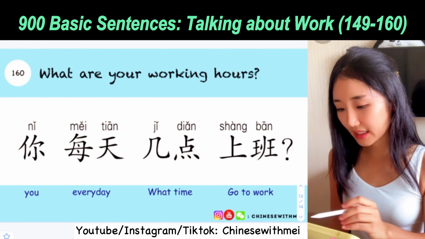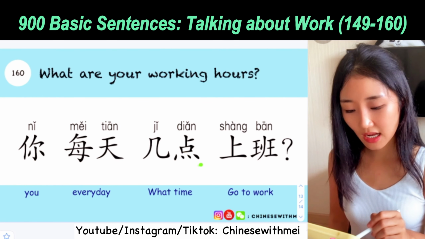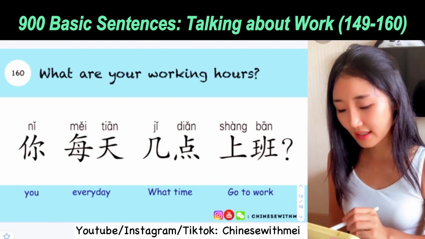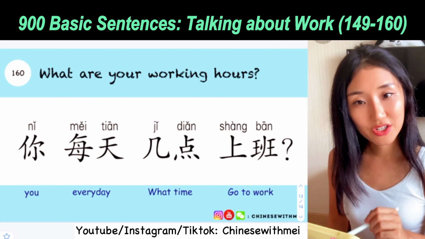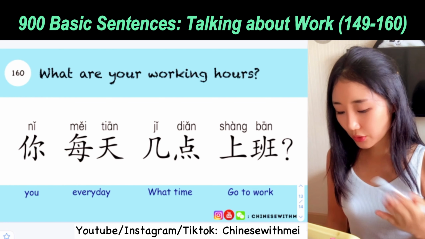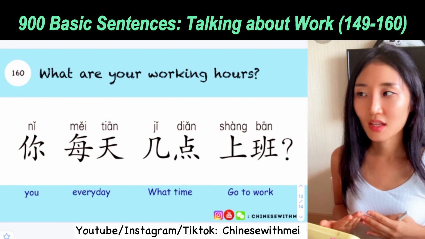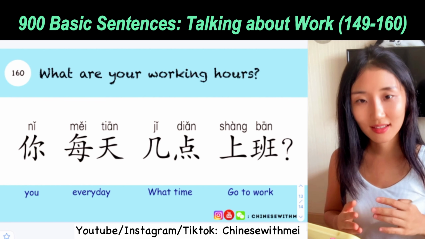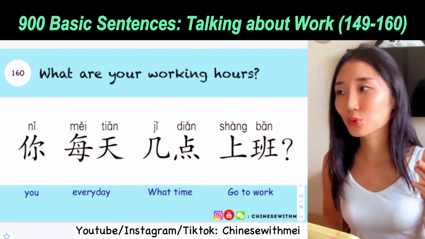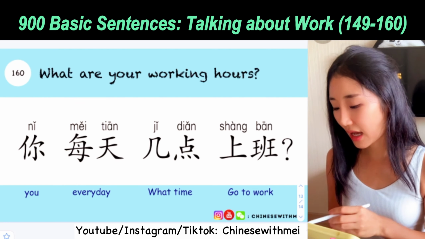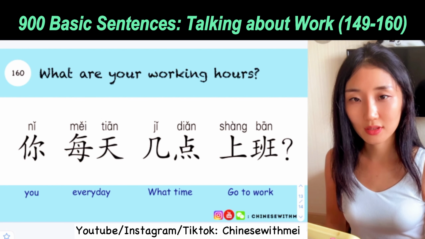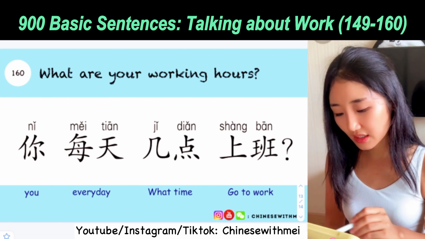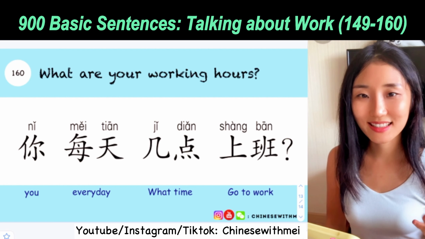So we say 你每天几点上班？你 you, 每天 every day, 几点 what time, 上班 go to work. So you go to work at what time every day? And it's an indirect way to ask what are your working hours. Usually you would answer with when you go to work and when you finish work. So we ask when do you go to work instead of what are your working hours. So we say 你每天几点上班？